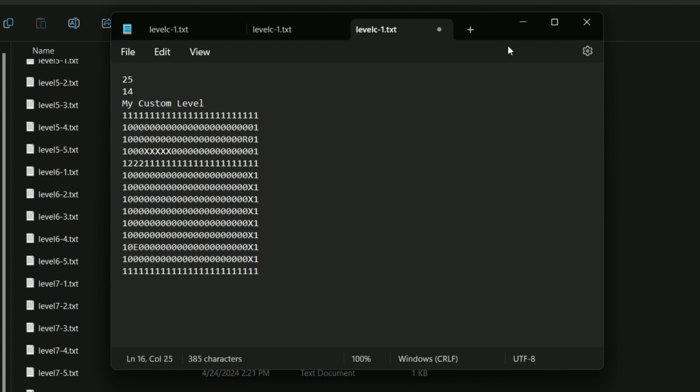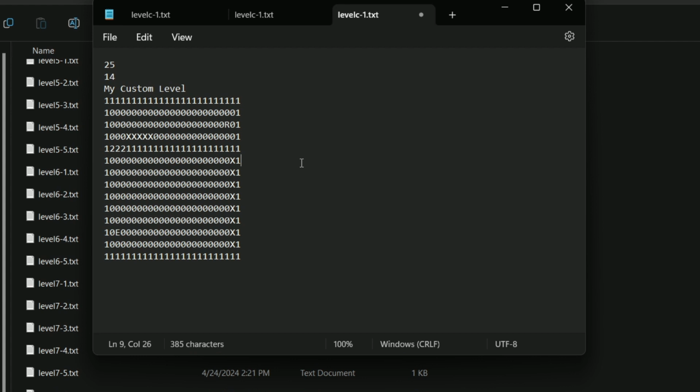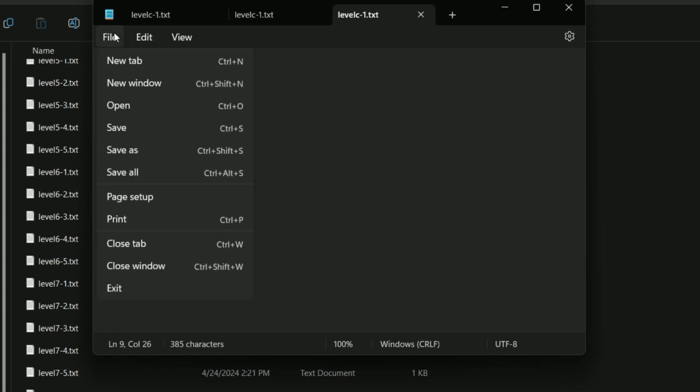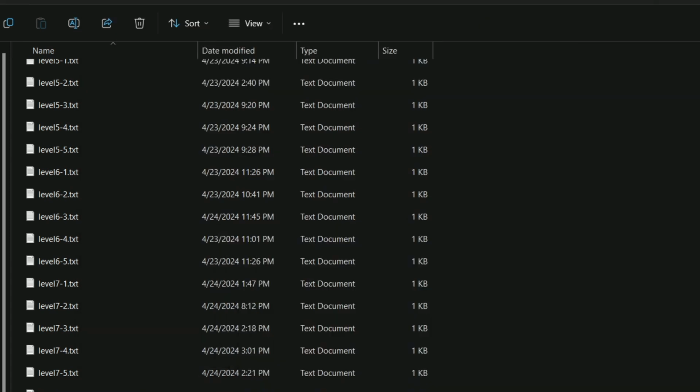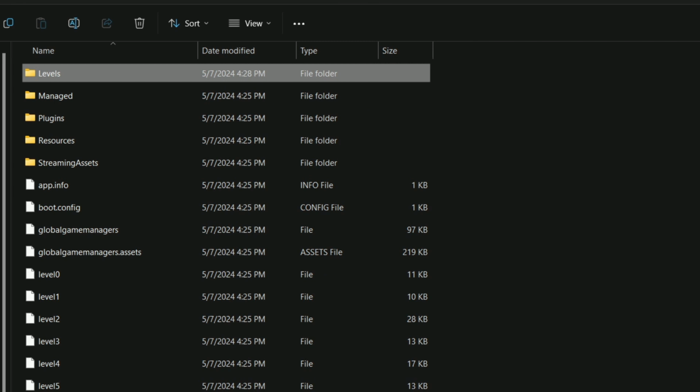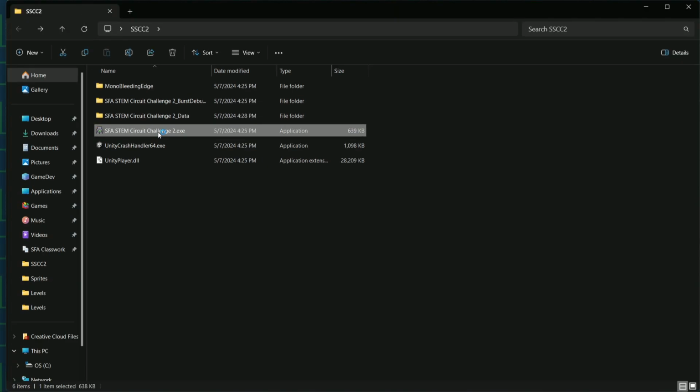And there we go. So now we've got a level that we should be able to load up in game. So let's go and test that out. Let's go to File and hit Save to make sure that our changes to this level have been saved. Let's minimize this and we'll back out of here to get to our executable. And if we load this up,